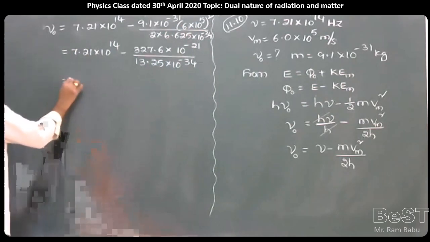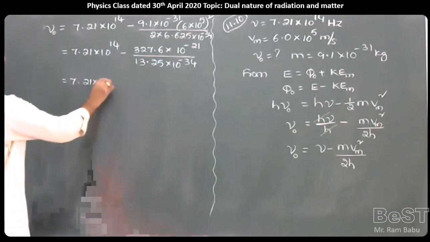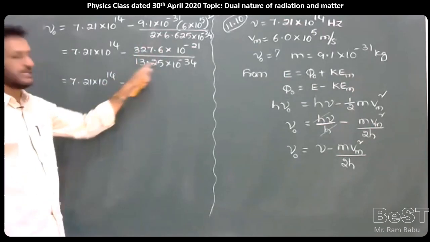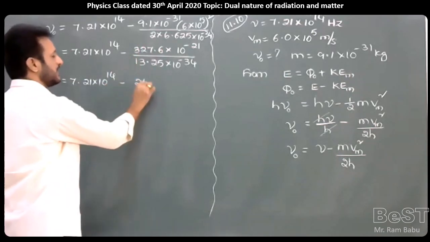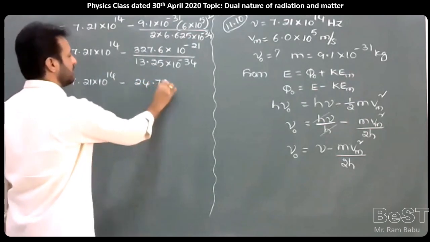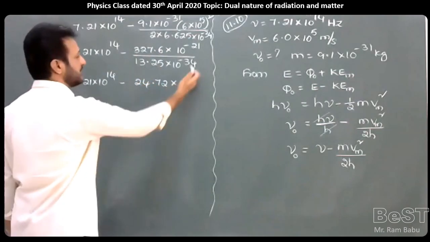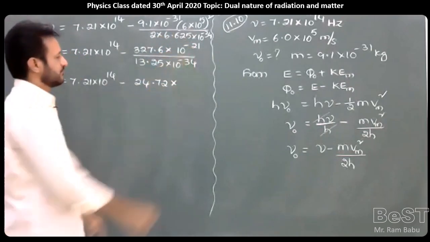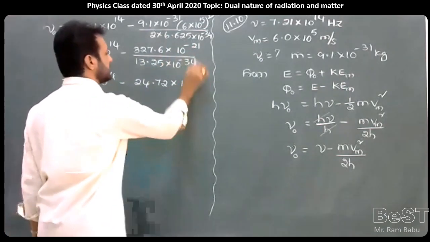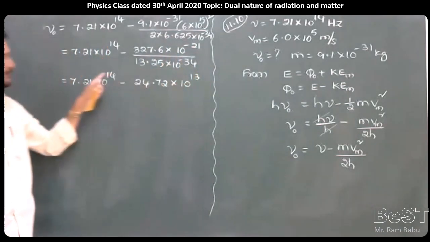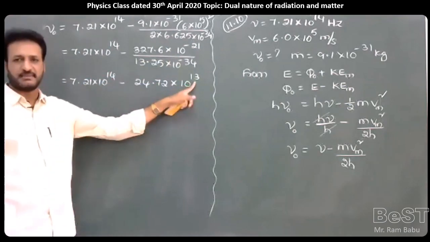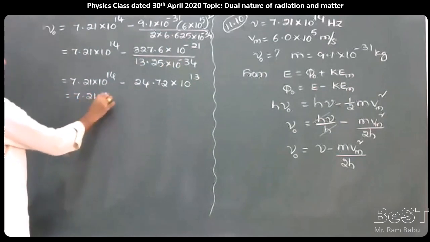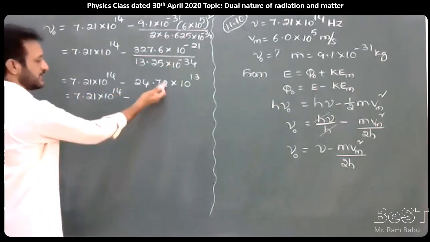Next, 7.21 into 10 to the power of 14 minus 327.6 divided by 13.25, that is 24.72 into 10 to the power of, take minus 34 in the numerator, that is 34 minus 21, 10 to the power of 13. Here the powers are different: 10 power 14 is there, 10 power 13 is there. We cannot take it common. That's why adjust one digit here. That is 7.21 into 10 to the power of 14 minus, one digit, I am adjusting on the left side,